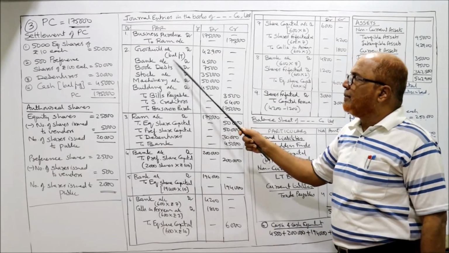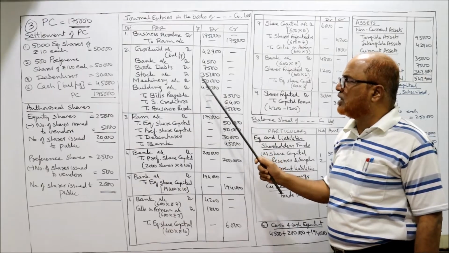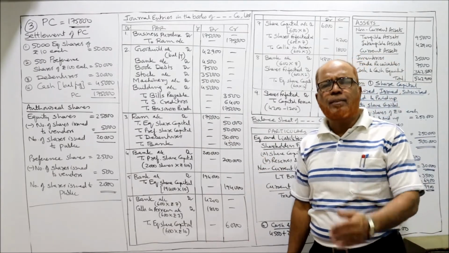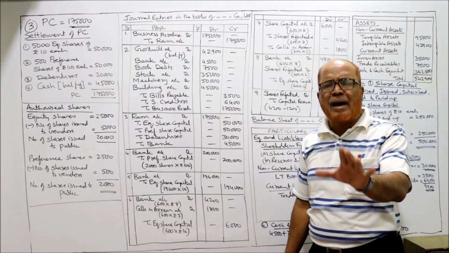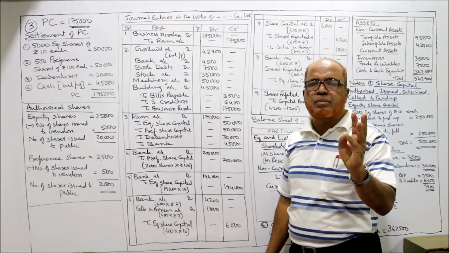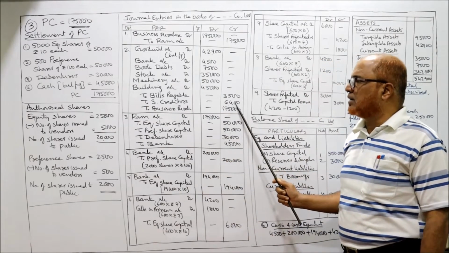तो सबको डेबिट: बैंक अकाउंट 4,500, बिल्स रिसीवेबल 7,500, स्टॉक 35,000, मशीनरी 50,000, बिल्डिंग 45,000. कोई एसेट्स को चेंज नहीं करा। कंपनी has taken all the assets at the balance sheet value, बुक वैल्यू। Liabilities, two outside liabilities are there. Bills payable, creditors, वो भी ले लिए। तो क्रेडिट साइड: टू बिल्स पेबल, टू सन्ड्री क्रेडिटर्स।